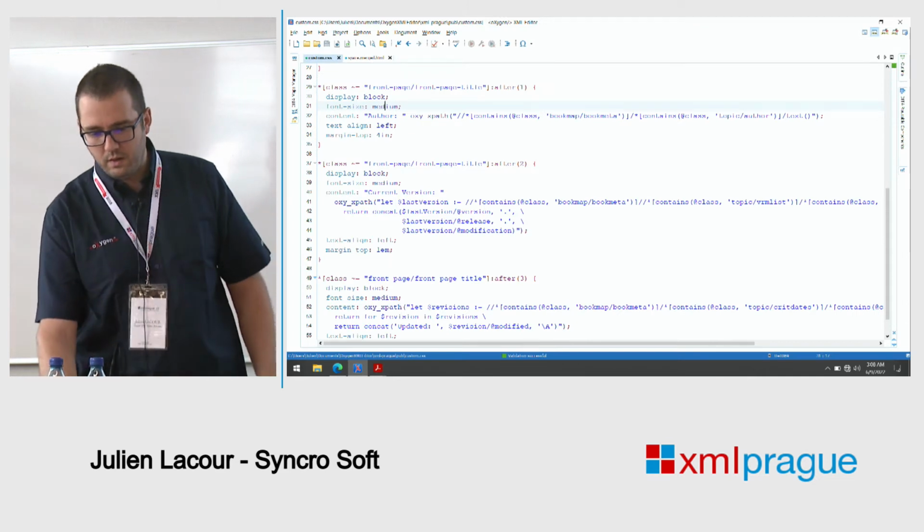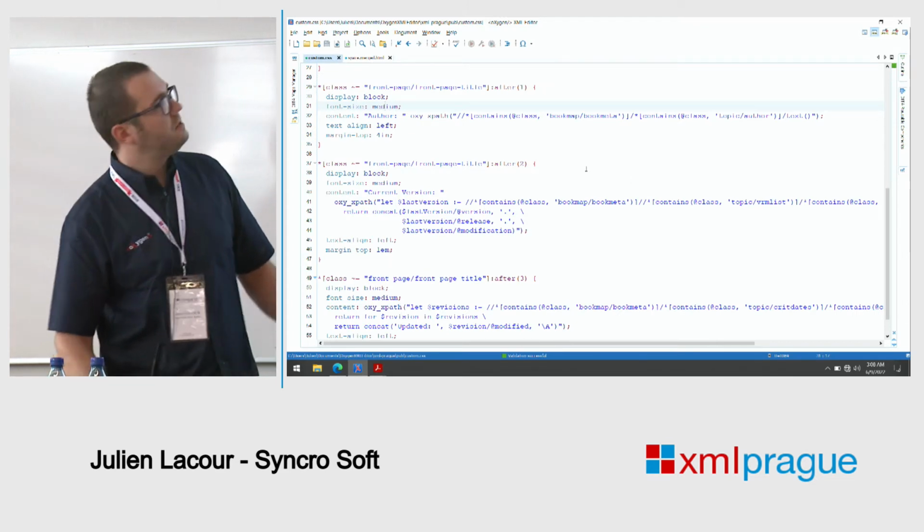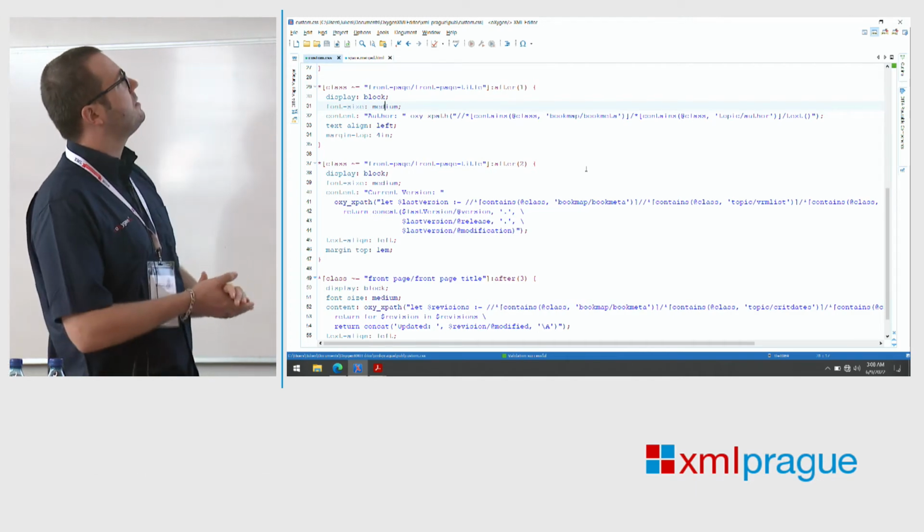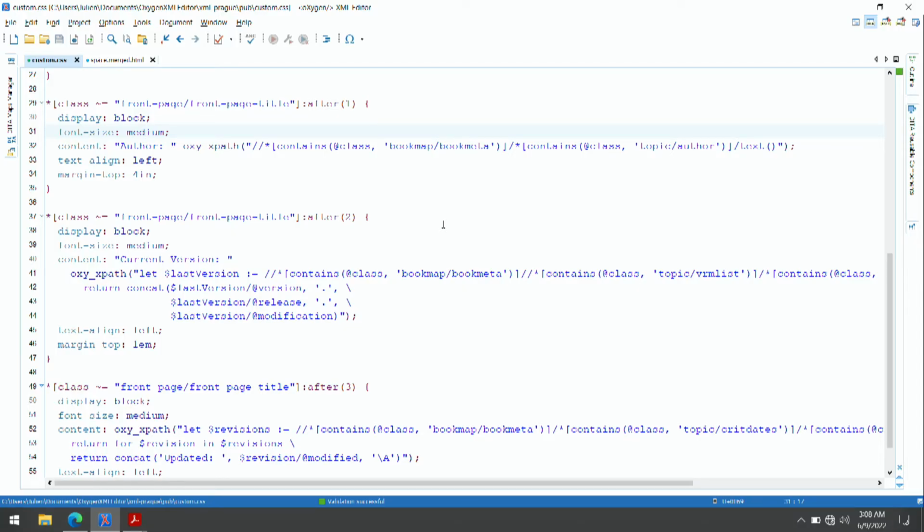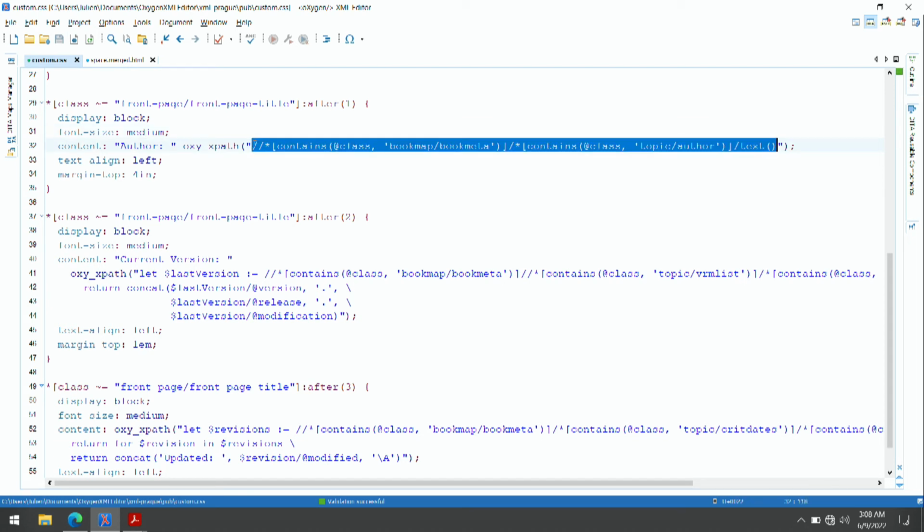So if I go in Oxygen, you can see on the first lines that I already set a rule after the page title, which will be the name of the data map that I am using. And I just created, so the Oxy XPath function must be contained in the content CSS property. So I set this function there. And I simply add a small text before, then my query, which in this case will return the name of